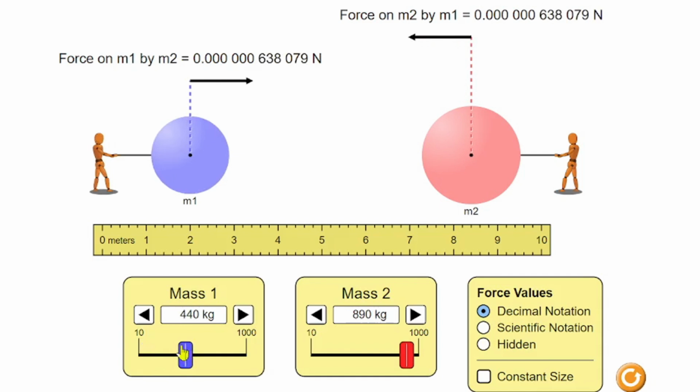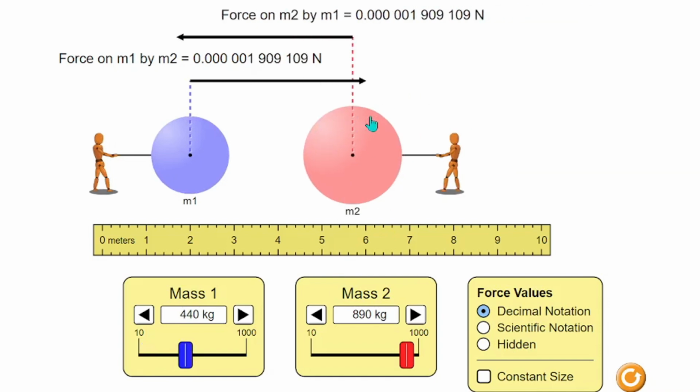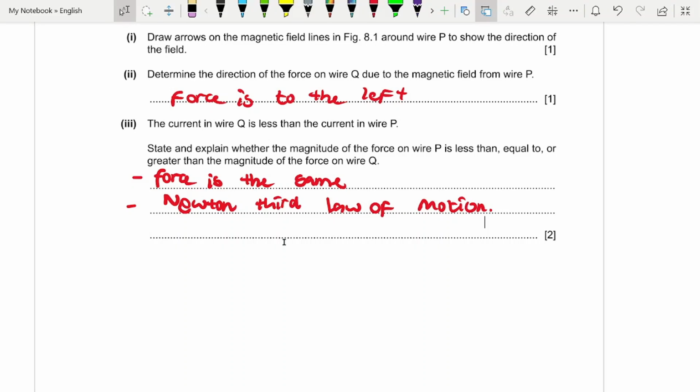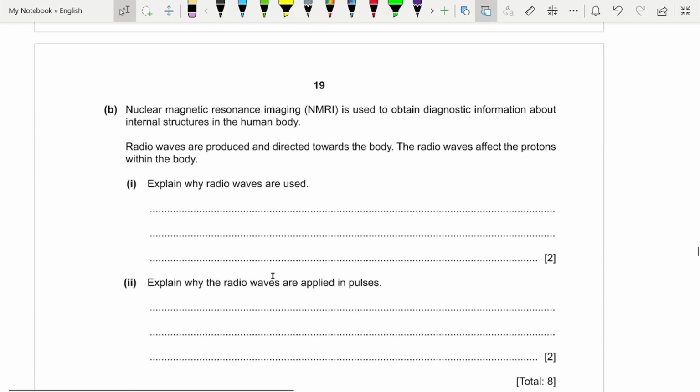They have different masses, but Newton told us if a force occurs, there's going to be a reaction to that action, and that reaction is going to be equal to the action, regardless of the circumstances around it. This question could have been phrased and asked: the mass of body A is less than the mass of body B. Explain if the magnitude of the force between them is equal. You're going to say it's equal. If body A exerts a force on body B, B is going to exert an equal but opposite force on body